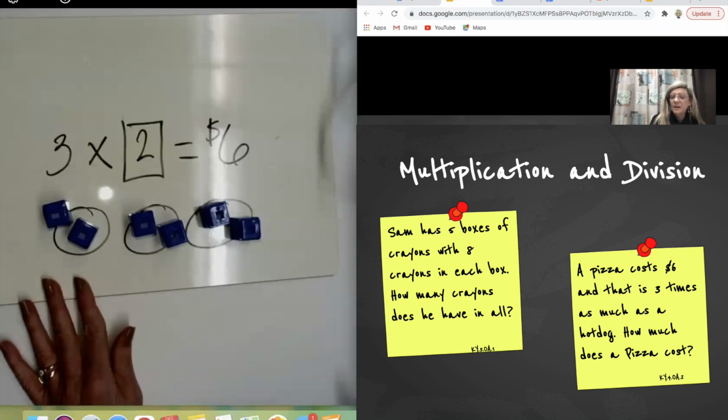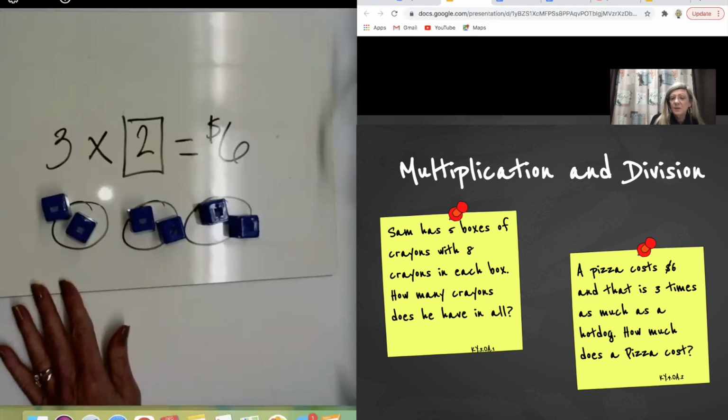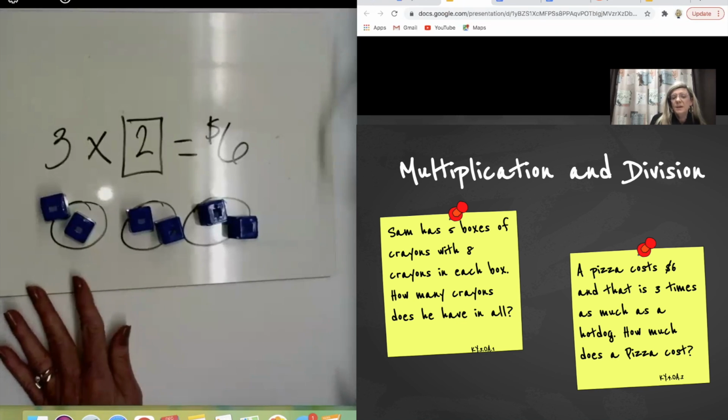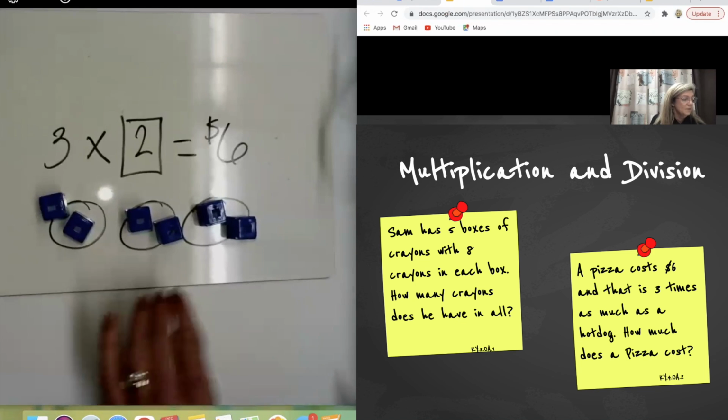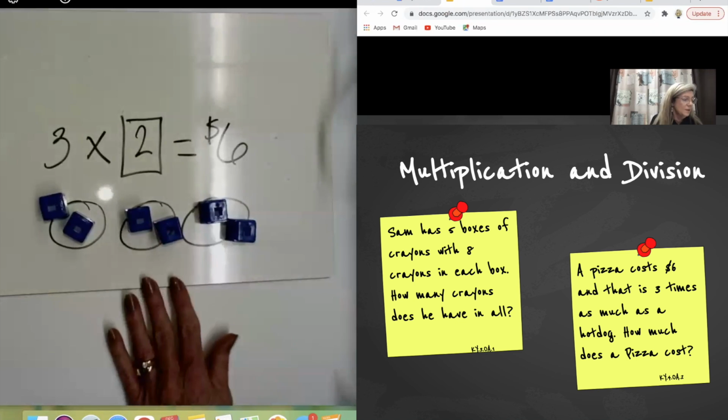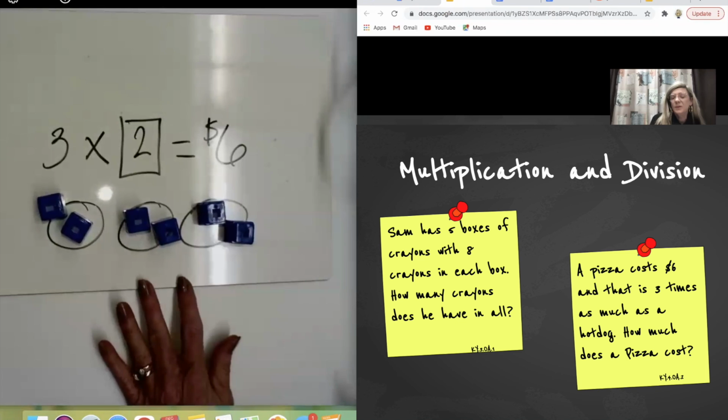So those fact families that we talk about in the early primary, they are important for our kids to know. It's important for them to be able to use those with multiplication and division just as well as with addition and subtraction. So that's something that we also have to work with and stress with our kids when they're trying to attack a problem. What do they need to think about?